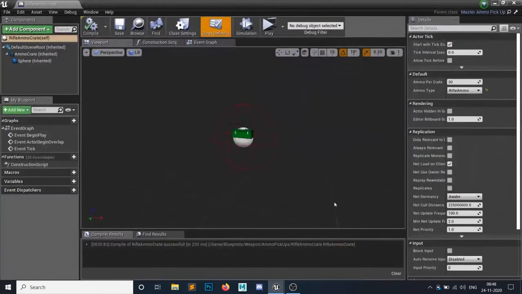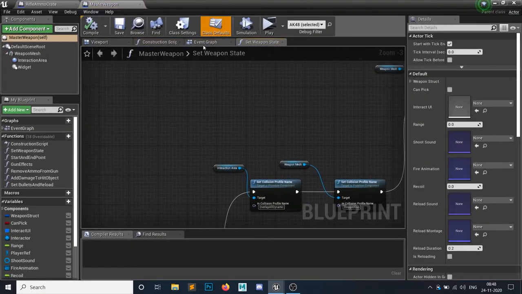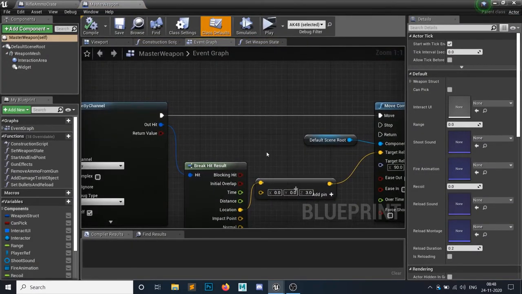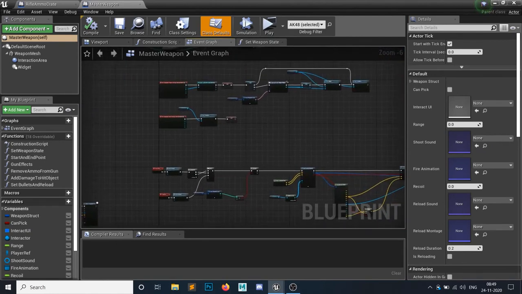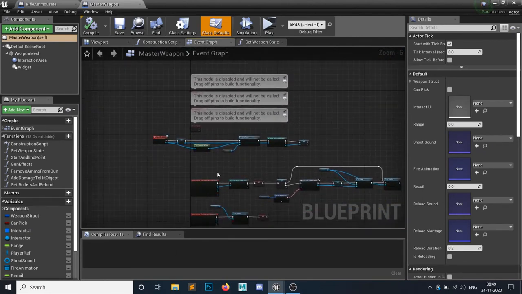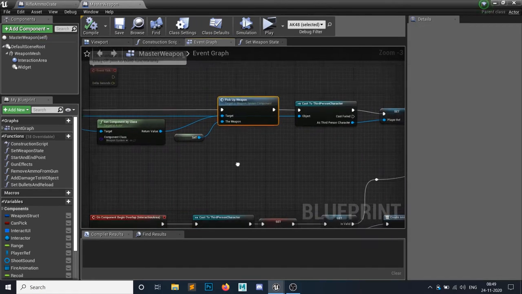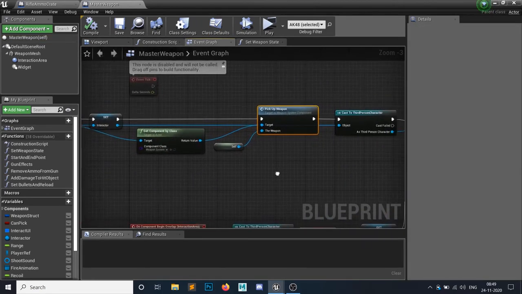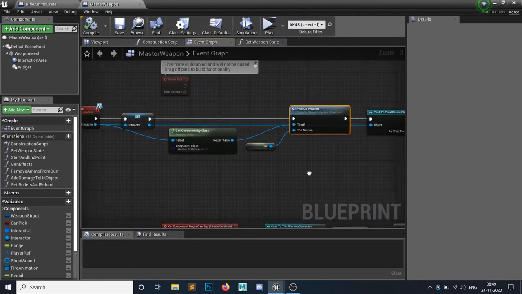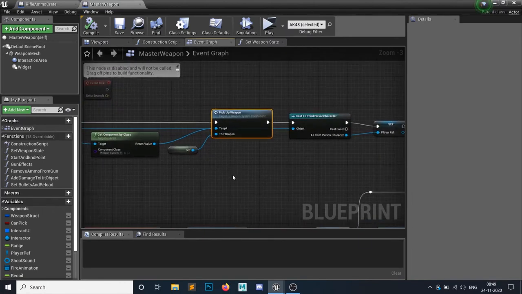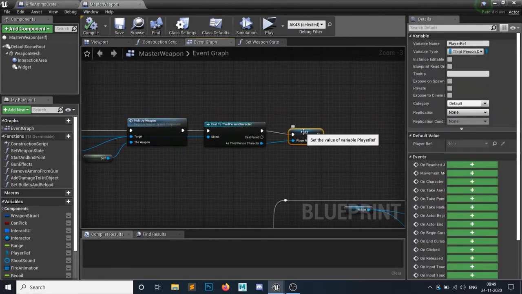So in the master weapon, remember in this event graph, whenever we interact, where is that interact function? Yes, whenever we interact, we get an interactor and we are picking up this gun. If we don't have one, then we simply want to equip it, right?